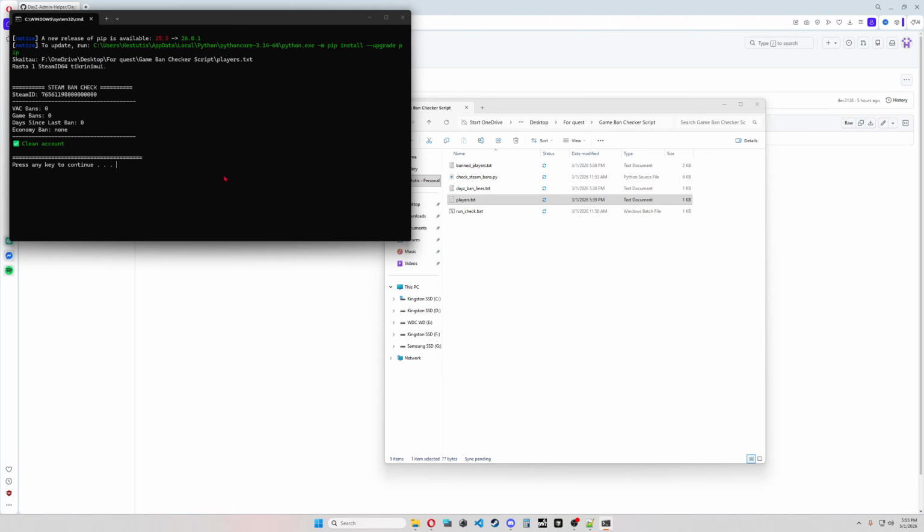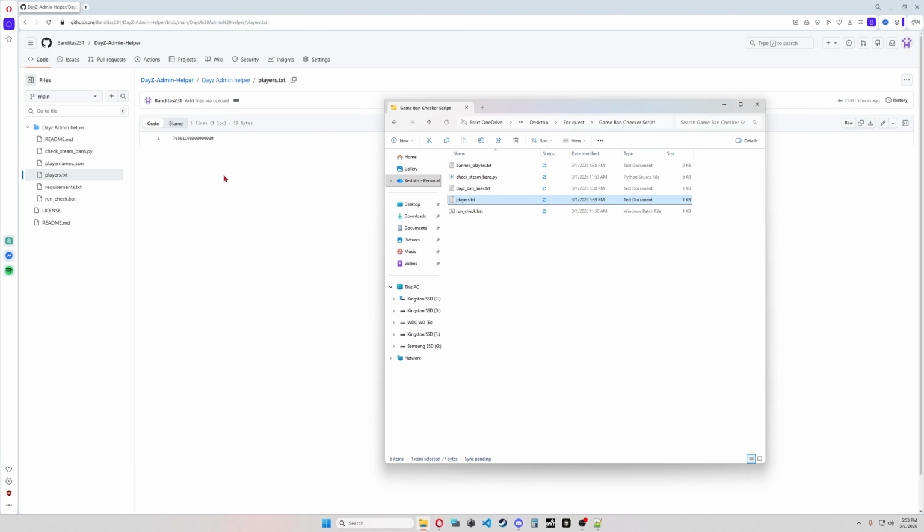That person is clear. We just press enter. That's it. Let's say you have someone who is banned. Let me check on Steam real quick, and I will find some player who has a bug ban, and we continue from there.